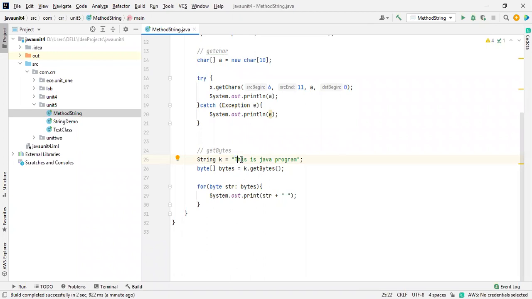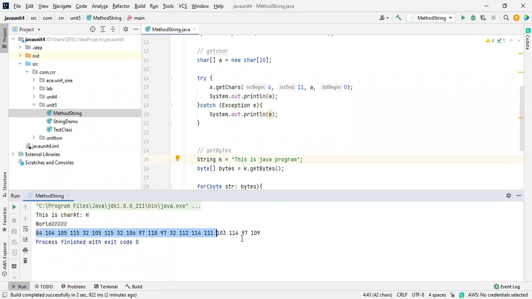G is 7, H in the sense is 8, I is 9, right? According to the alphabet from A to Z, we represent 1, 2, 3, and 4; T is 20, H is 8, I is 9, S is 19, I think. J is 5, P is 16. So according to alphabetical order we represent letters with numbers, but from the programming point of view we have somewhat different numbers. I think you got what I'm saying. Each and every byte of a particular value will be printed.